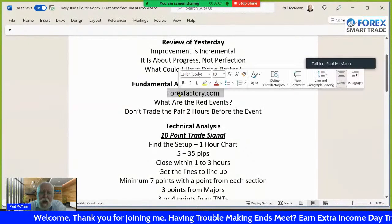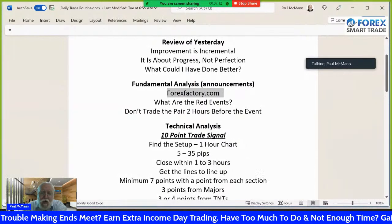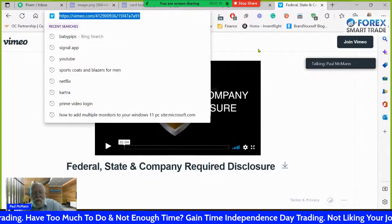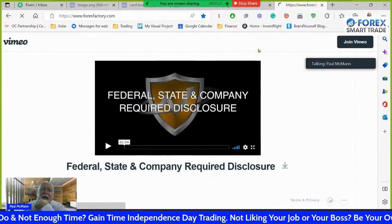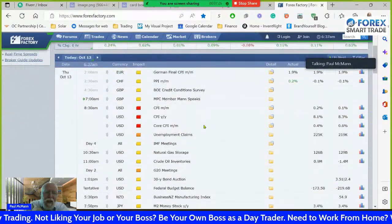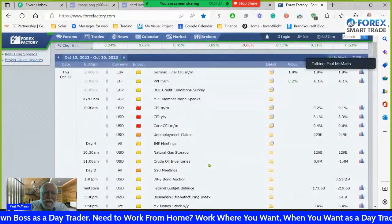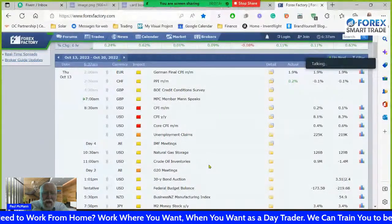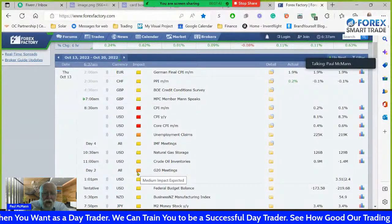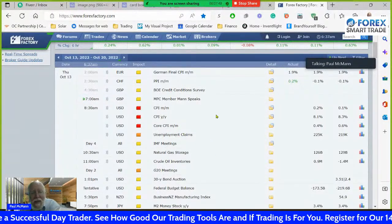As we are technical traders, we're trading based on the price action. We want to know what news items are out there so that we can trade around those news items, because news impacts currency. And we take a look at that news by going to forexfactory.com. Forexfactory.com breaks news down into three categories. Yellow, which is low impact, I don't really worry about those. Orange, which is medium impact, I usually don't worry about those. But red is high impact, and high impact